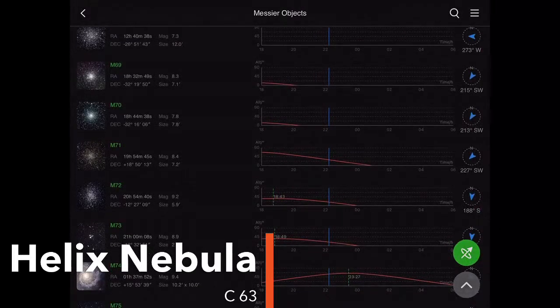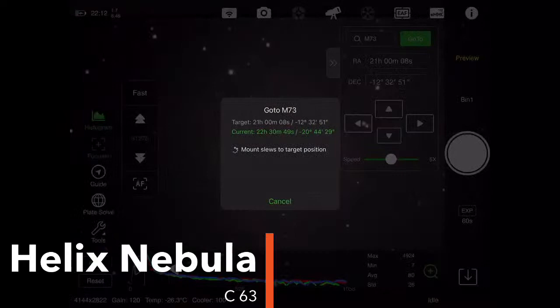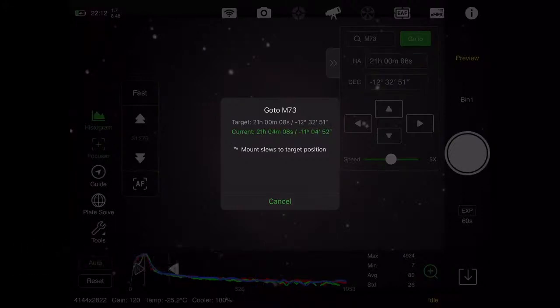And this is really basically a little collection of 4 stars, but it'll be interesting to have a look at it, especially since it's quite close to where the telescope is currently pointing. But because we're not looking at the Helix anymore,